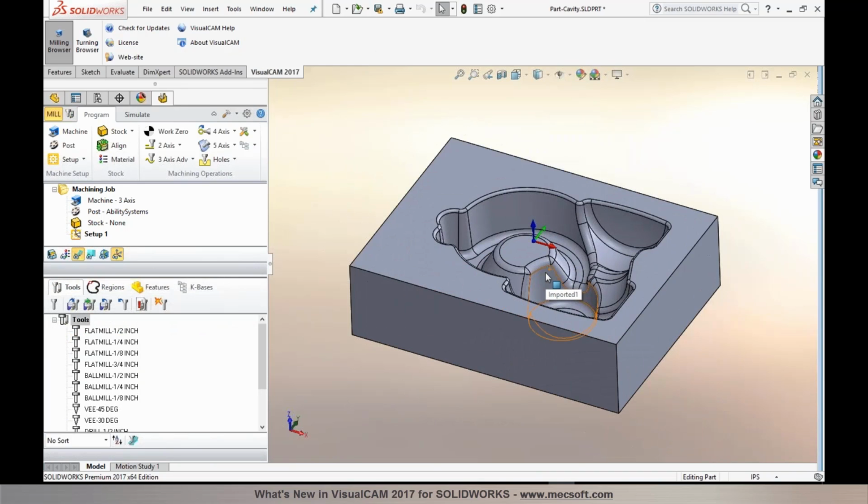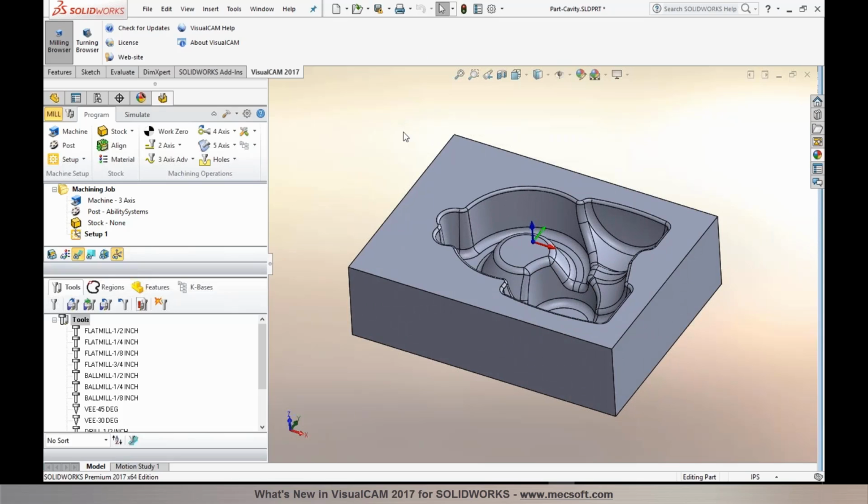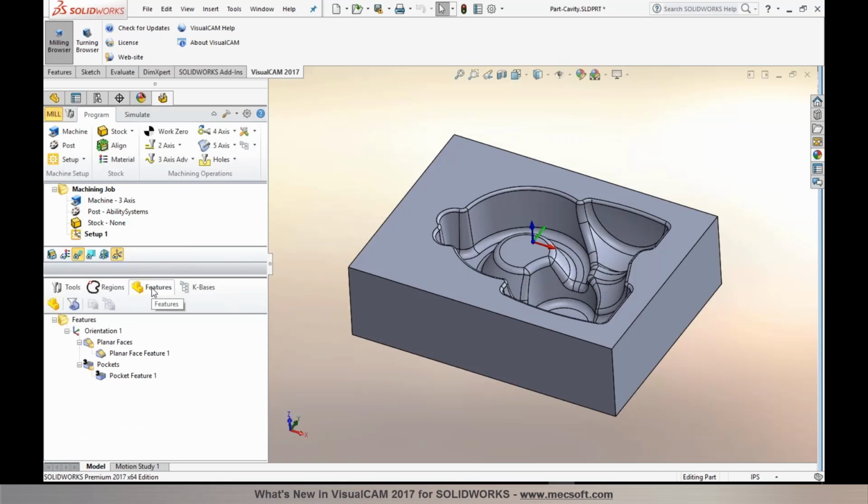Now, earlier we were talking about feature detection and machining. Now we could also identify and detect features in 3-axis as well. So if you go over to the Features tab,